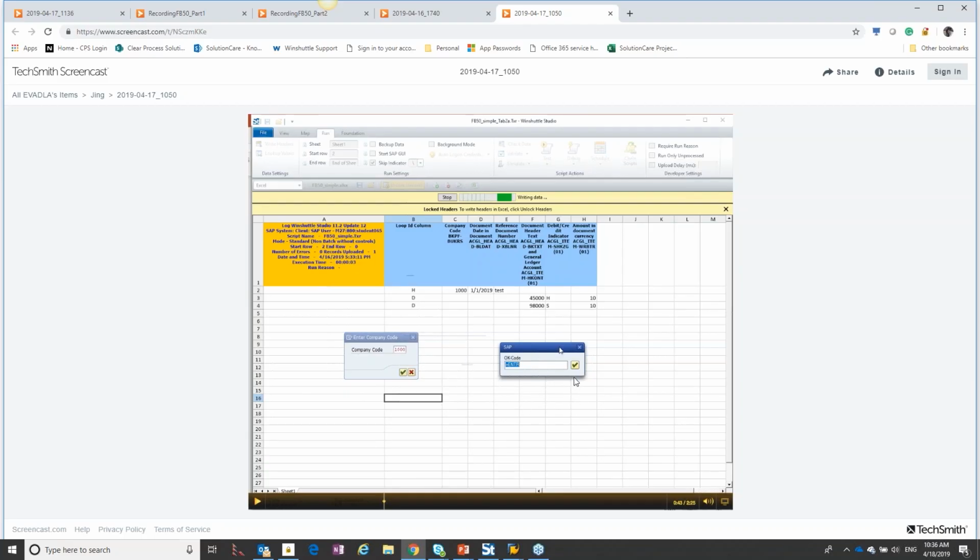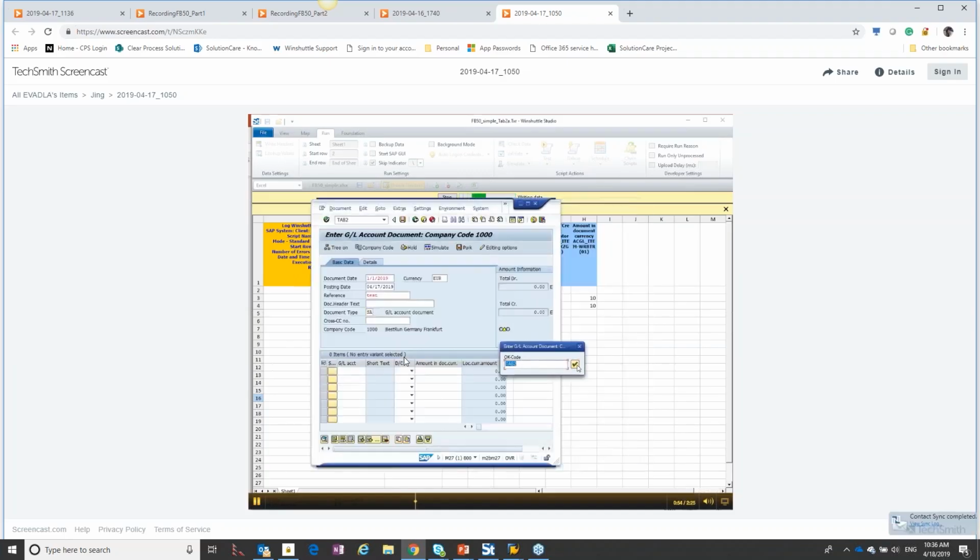We want the script to run as if it was unmanned. We're just pausing through it as we go through. So let's continue to run this. We got the first enter was our first OK code we knew was in our script. So we're going to hit click, and that entered our 1000 for our company code. Brought us to the first screen, and now we're going to enter all of our data, and then it's going